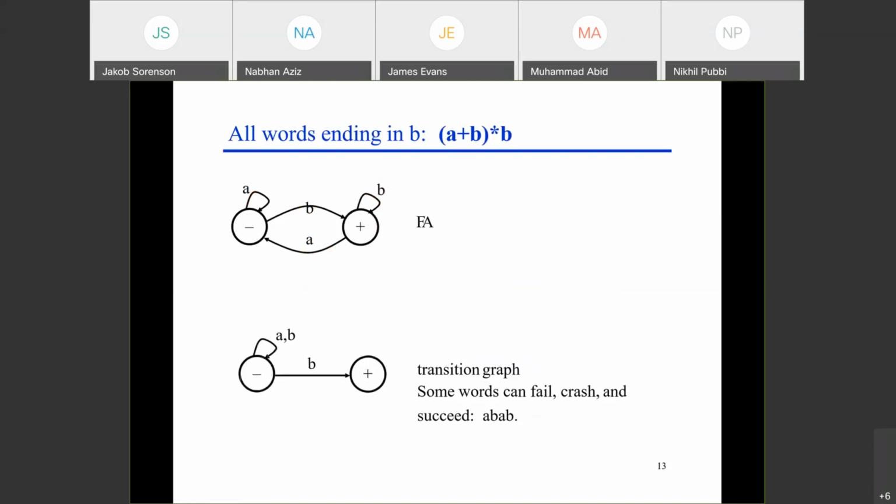Now, what is this FA doing? This FA says you can start a word with A, you can start a word with B. And you have a loop here: as many A's, as many B's, and then A, and then B, and then A. As many, so all these are the loops. But whenever you want to finish and the word should be valid, it will always end with B.